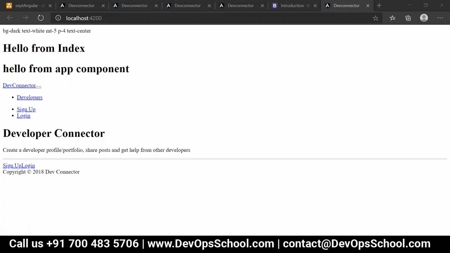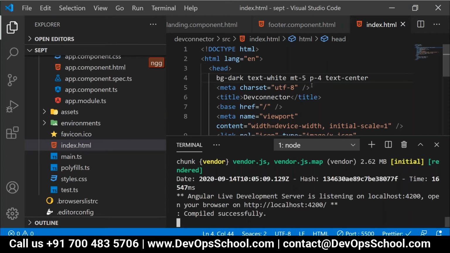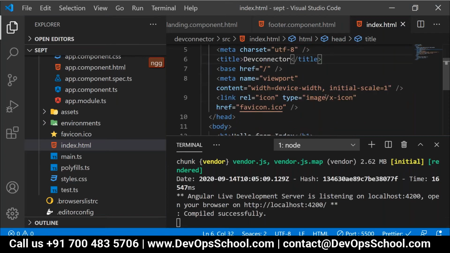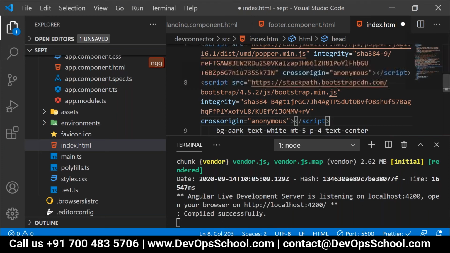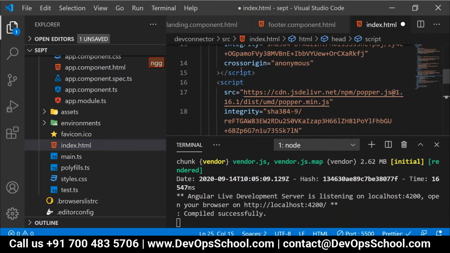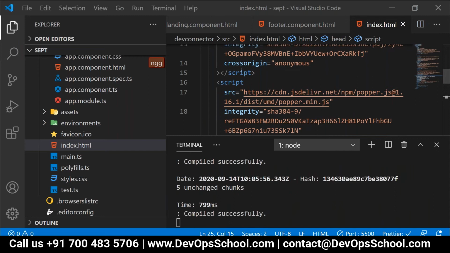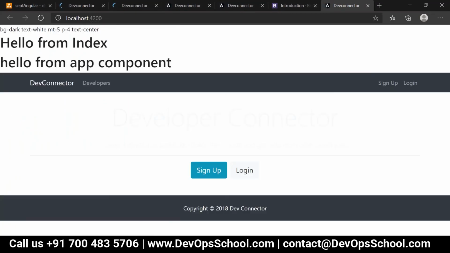At my end also, Bootstrap is not working. Just a second. Maybe you have not copied the links, instead you have copied the text. Oh, I got the point. Line number 4, you're supposed to copy the links. There I have copied the text. Sorry, my mistake. Now we will have a look over here.